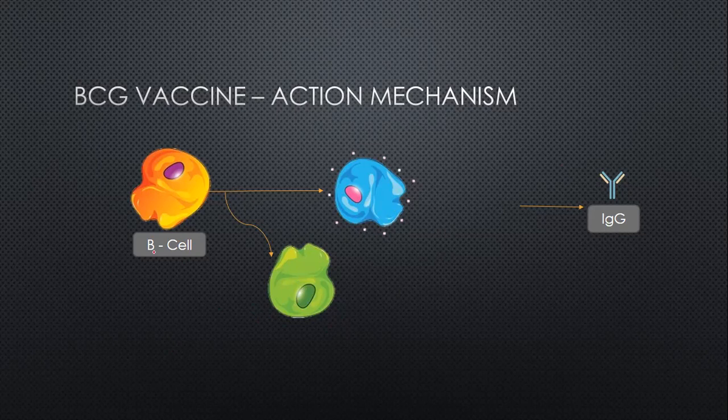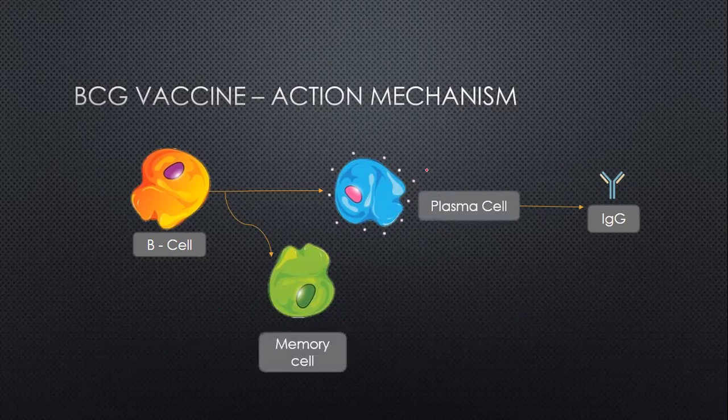Entonces, cuando se activa una célula B o linfocito B, se puede diferenciar en plasma cell, right, this one, and memory cell or B memory cell, okay? So how does the BCG vaccine work? It also activates the B cell, and it differentiates into the plasma cell, and the plasma cell produces IgG, or